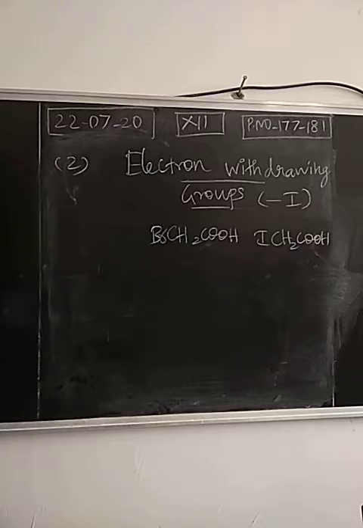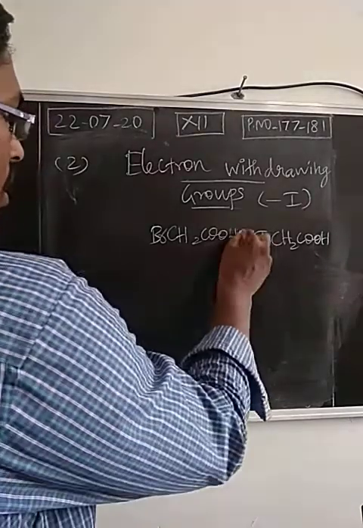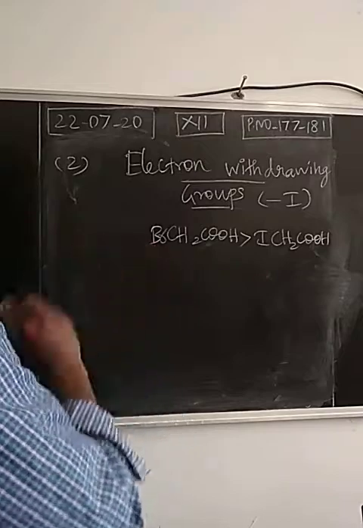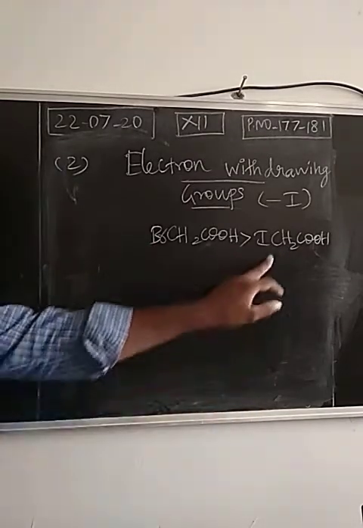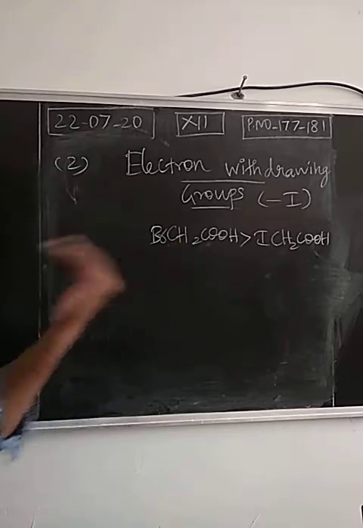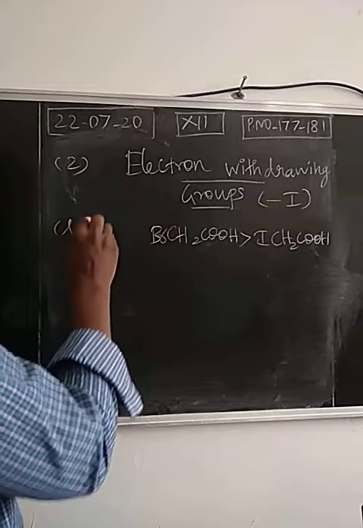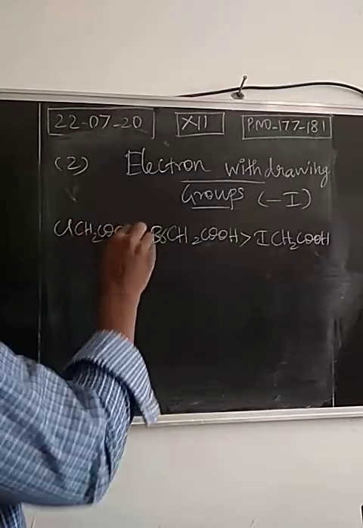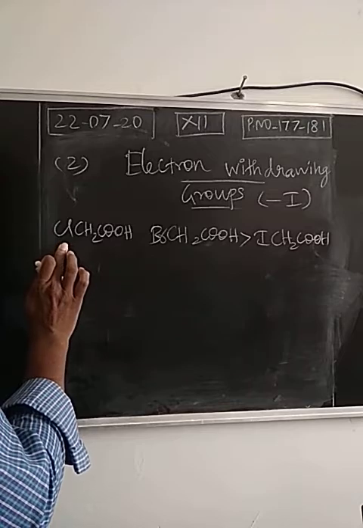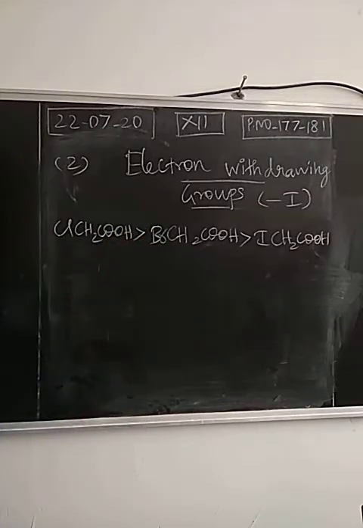Compare these two: monoiodoacetic acid and monobromoacetic acid. Which is a strong acid, which is a weak acid? Monobromoacetic acid is the strong acid because bromine is more electronegative than iodine. Comparing iodine, bromine attracts the bonded pair of electrons easily. Right? So the electron withdrawing tendency of bromine will be more than iodine due to more electronegativity. Then comparing bromine, chlorine has more electron withdrawing tendency, so monochloroacetic acid will have more acidic nature.